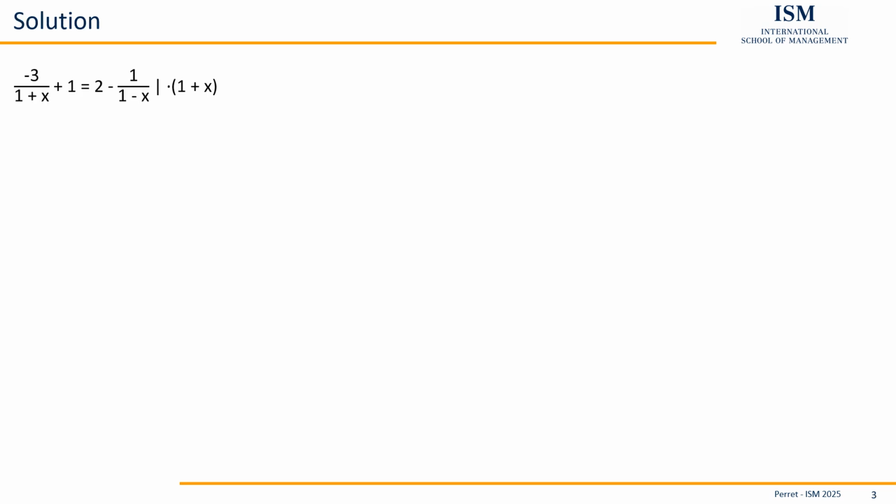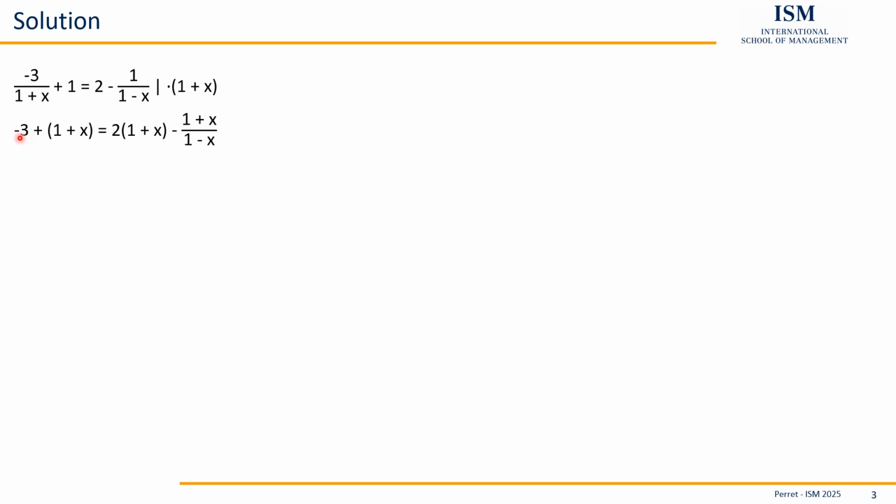If I want to solve a fractional equation, the first thing I have to do is get rid of the fractions. And I can do this by multiplying with the respective denominators. So here I'm going to do this step by step. I'm first going to multiply the equation with the denominator of the fraction on the left. So I'm going to multiply the whole equation, all four terms, with 1 plus x,